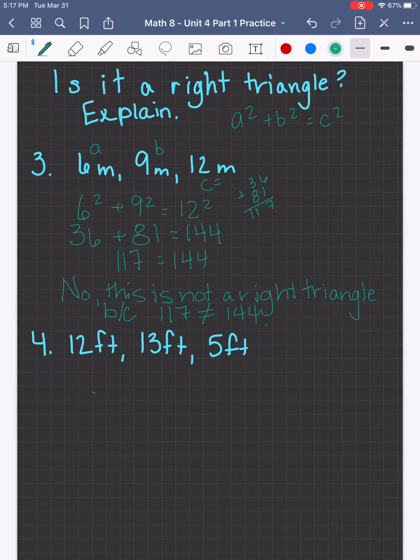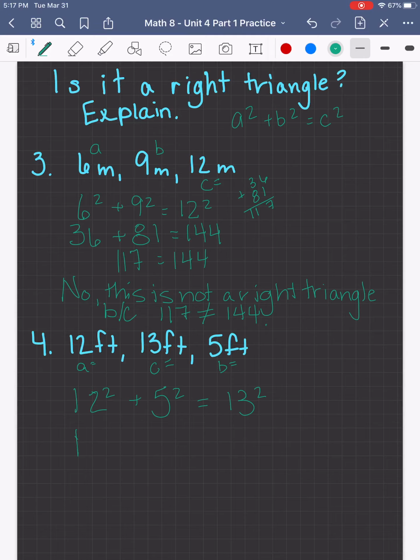Let's go ahead and take a look at number 4 here. We've got 12, 13, and 5 feet. 13 is our largest one, so that has to be our C value. Doesn't matter which one we label A or B, it matters for C. So if A is 12, and B is 5, and C is 13, let's see if we get a true